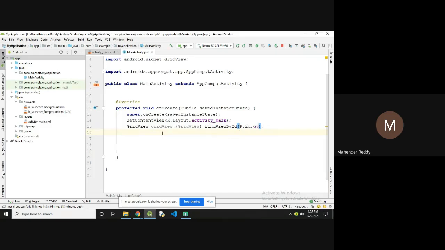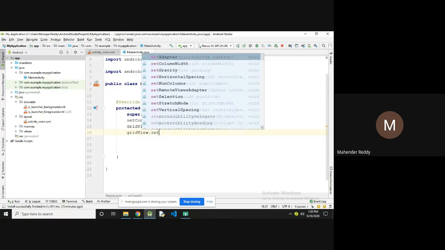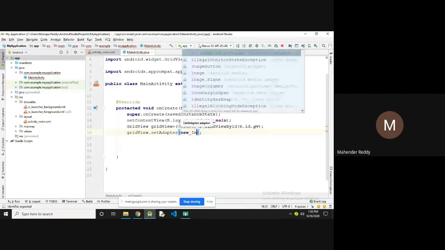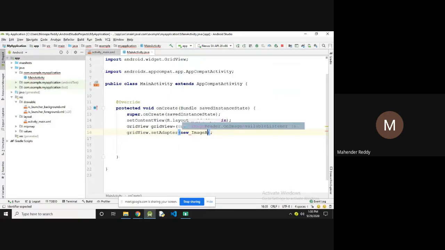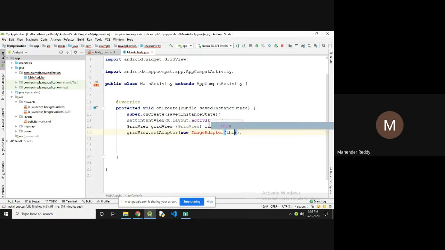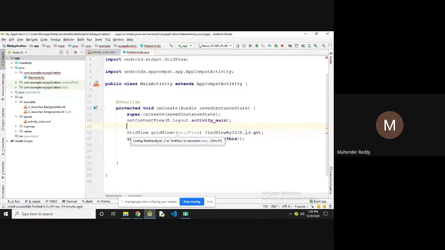And gridView.setAdapter(new ImageAdapter(this)). So here I can access the id of the grid view, gridView equals findViewById(R.id.gv). Now I'm going to set the adapter.